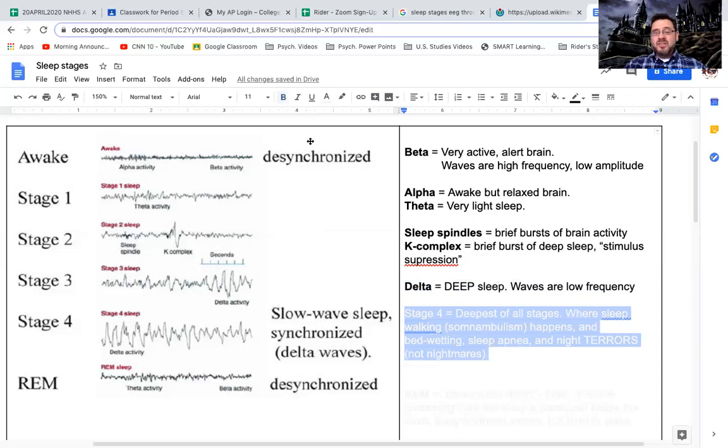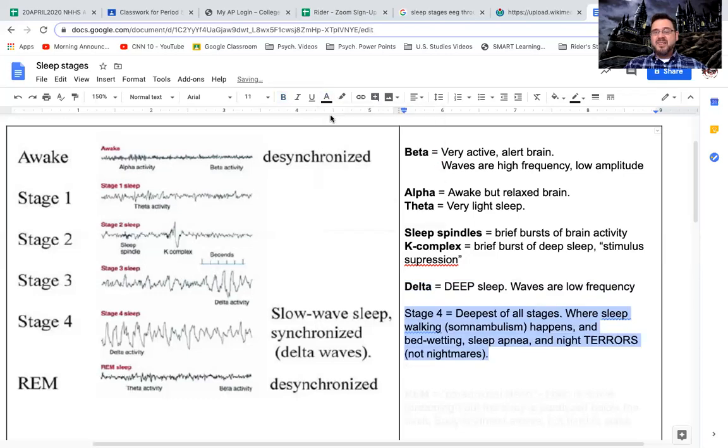Stage 4 of sleep, folks, is the deepest stage of sleep there is. Not REM. Stage 4 is the deepest sleep stage of all the stages. Look at these brain waves. Stage 4, we've got very low frequency. Look at all the space, even in the same sections here. Just compare sections. Look at the low frequency brain waves here compared to the frequency here, which was pretty low